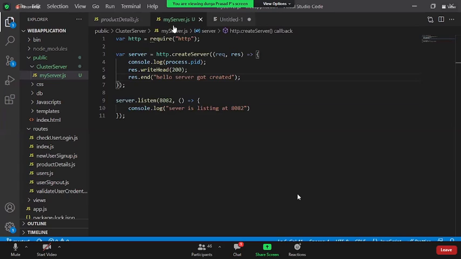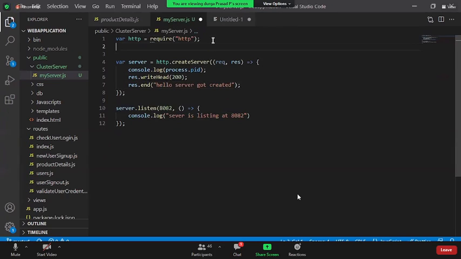In order to do this, there is a concept: var CPU is equal to require OS. There is a predefined module called OS, operating system. Sorry, import CPU from the OS module.